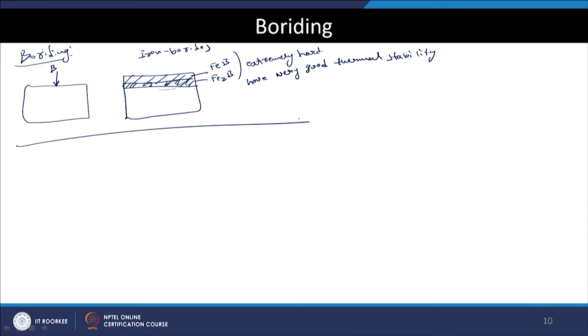So, this is another dedicated treatment people employ to produce highly wear resistant layers, and these are also known to have good corrosion resistance, layers of borides on the steel surfaces. In this case also, because boron has a very negligible solubility in the iron, it will not lead to much hardening by diffusion or dissolution in the matrix, but it will only produce these layers which are extremely hard. So, one may think that for example, in nitriding one can also produce layers of iron nitrides.